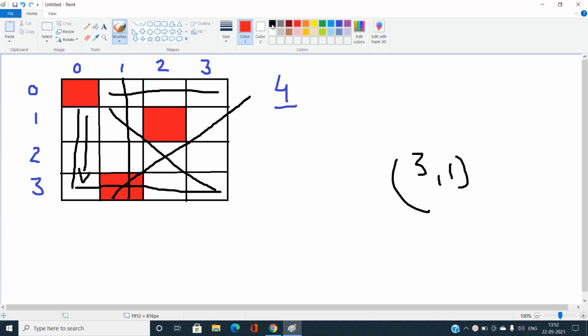I can't place any other queen over here, or over here, or on any diagonal over here. You can easily see that on the third column, if I am using zero based indexing, all the positions are already covered. I can't place any fourth queen over the third column. So this arises a violating condition.